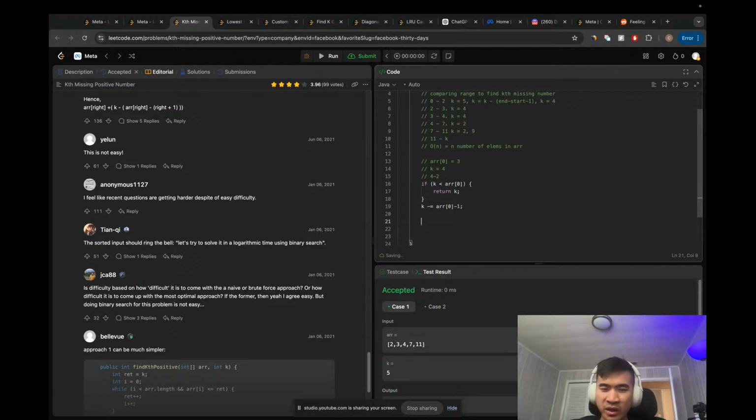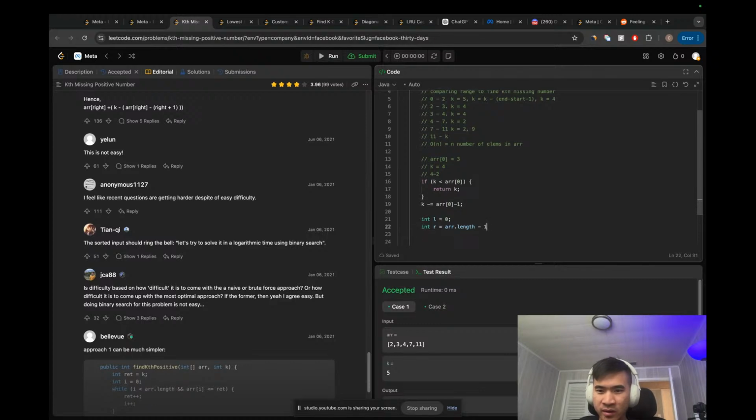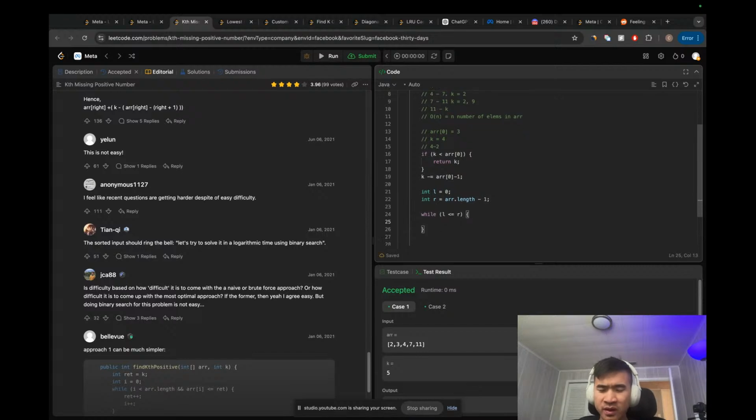Okay, so now we do our binary search. int left equals 0, int right is equal to basically array length minus 1. So while left is less than or equal to right, basically we get mid equals left plus right divided by 2. Okay, then we check